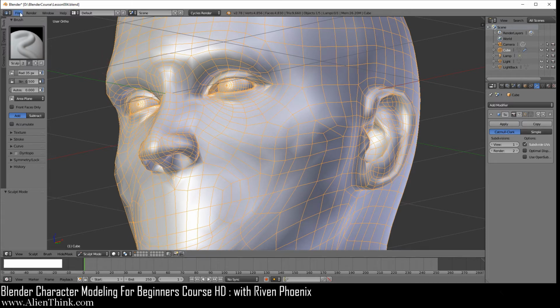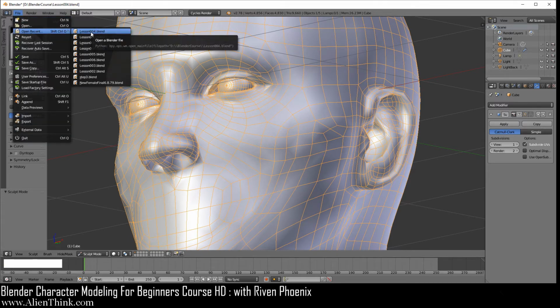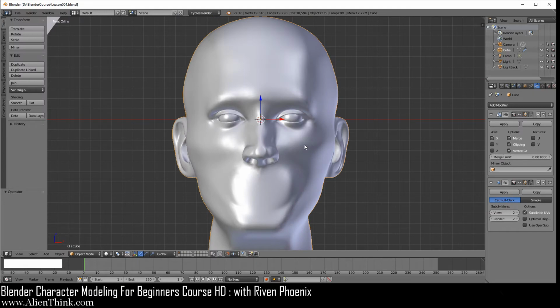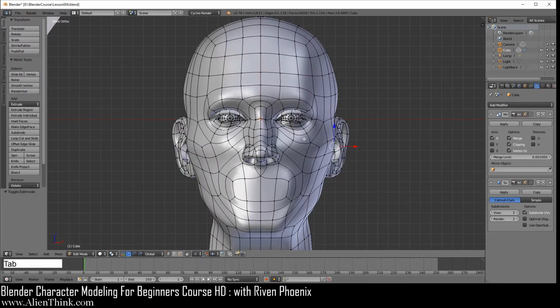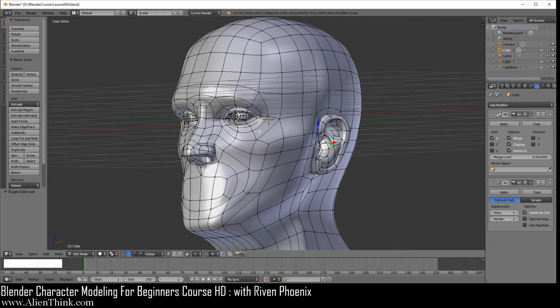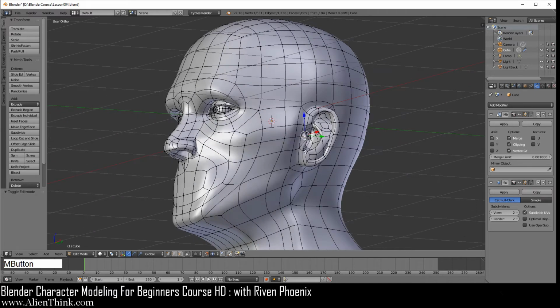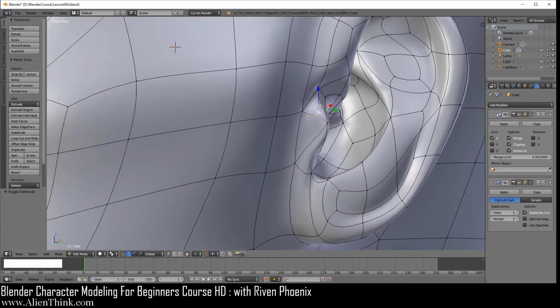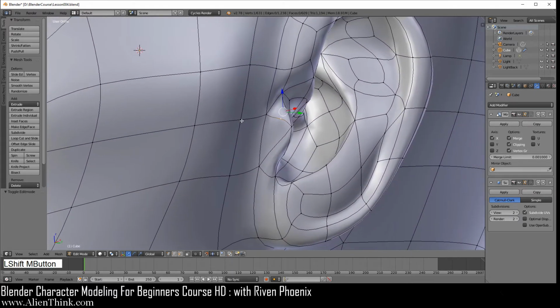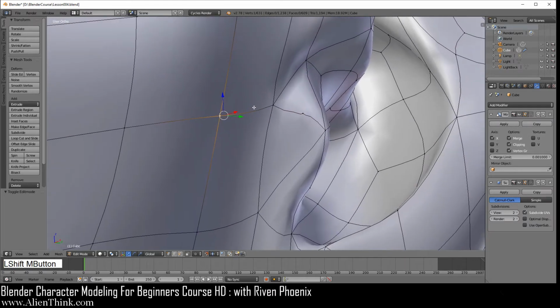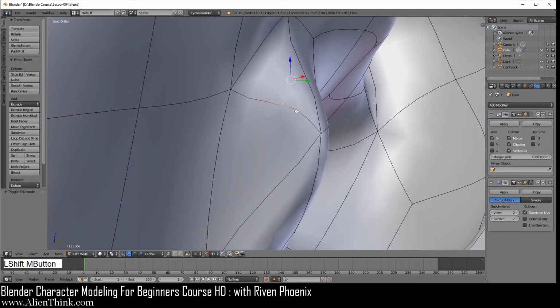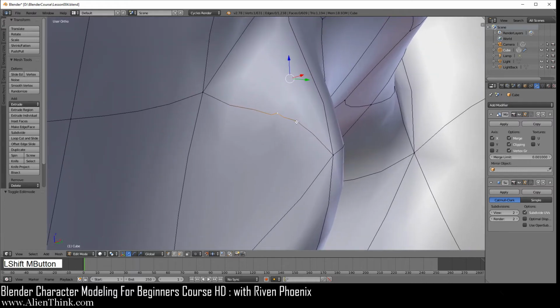Okay, so now I'm going to go back one more time to this over here. Now, click on this and go back and do tab. So the reason I'm telling you all this stuff is because it has to do with this vertex right over here. So I'm just going to click on this. So if you take a look over here, you'll see that this vertex is floating in the middle of this edge, and it's giving you this squiggly line over here.